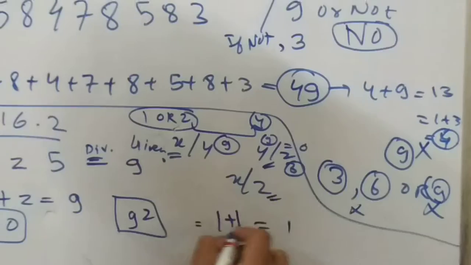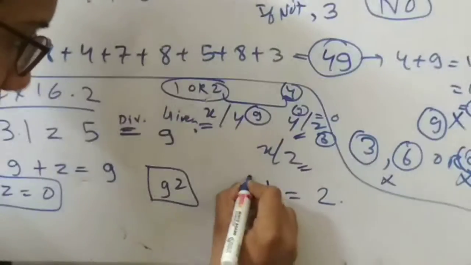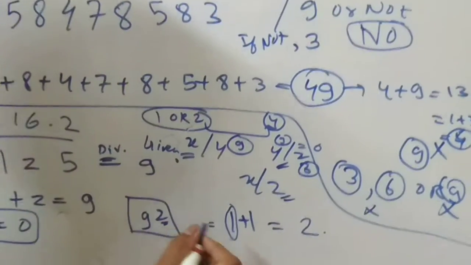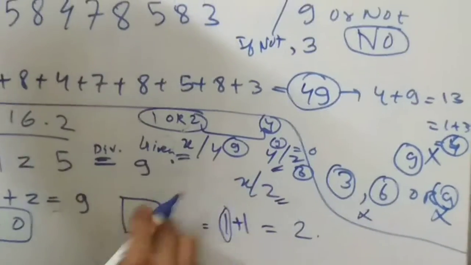11. 11 means what? 1 plus 1. That means again you are getting 2. That means you can see repeatedly that this place is 1 only. Only if you change this number, if you move it by 1, then this will also move by 1.